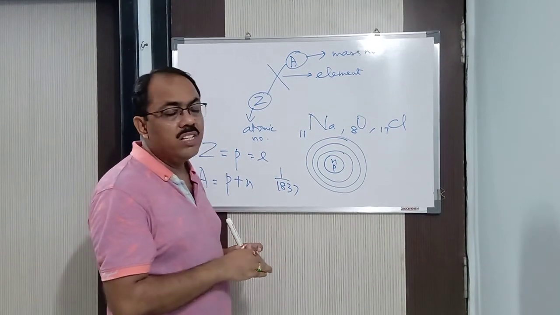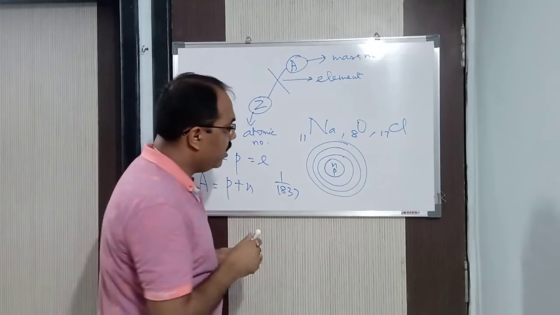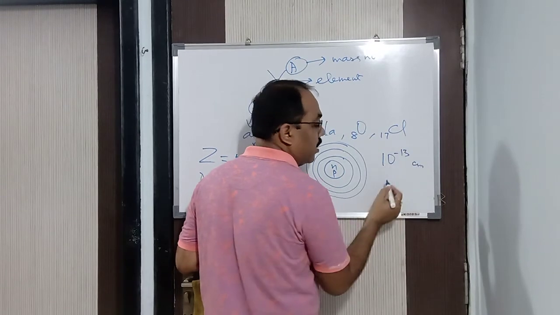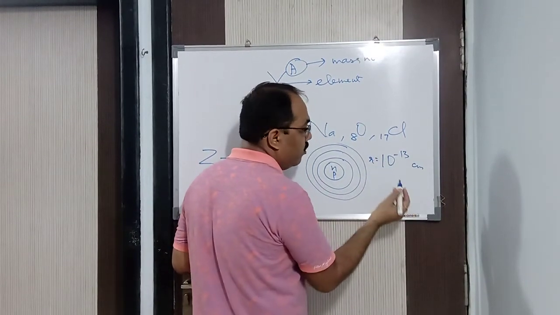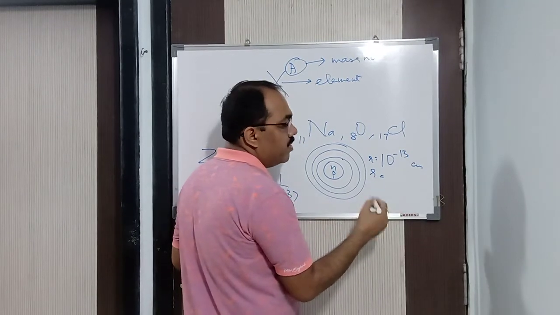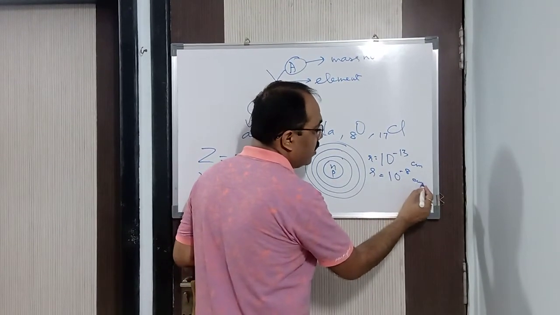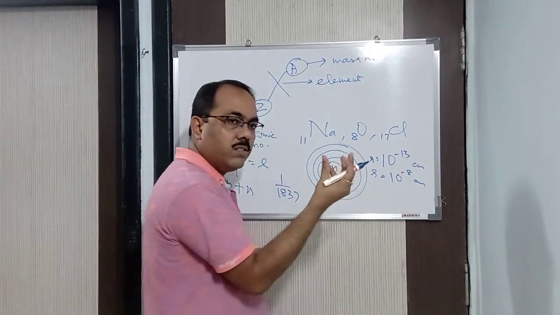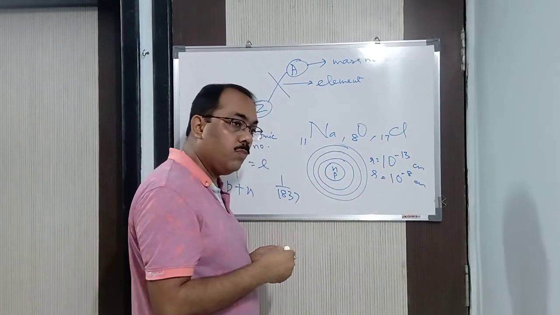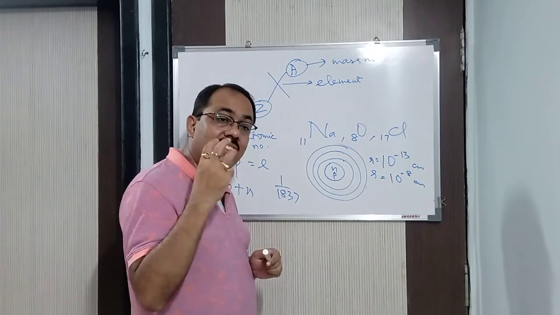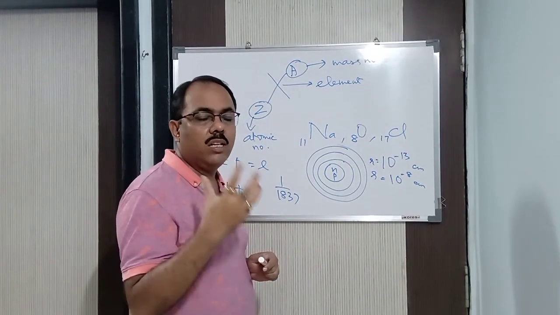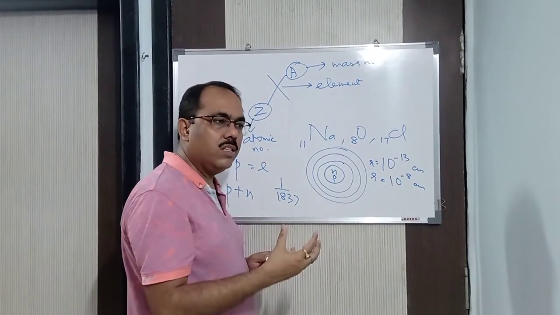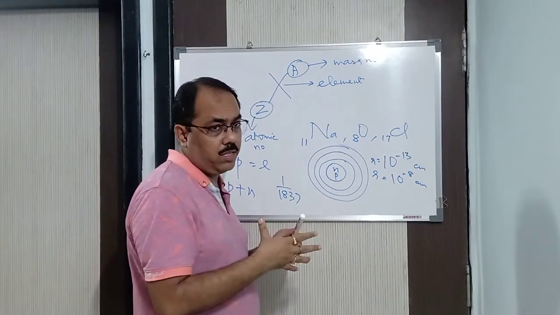And let me tell you, a nucleus is very small in size. The radius of the nucleus is assumed to be 10 to the power minus 13 centimeter, and similarly the size of an atom is considered to be 10 to the power minus 8 centimeter. Clear? So you can see how small a nucleus is. If a nucleus is so small, then how dense it is. The density is so large. You cannot imagine how dense the nucleus is, because the small nucleus consists of a large number of protons and neutrons, so tightly packed. Alright, clear?